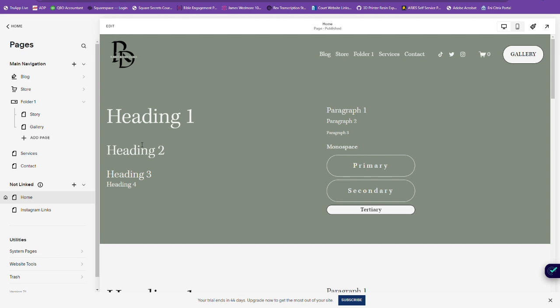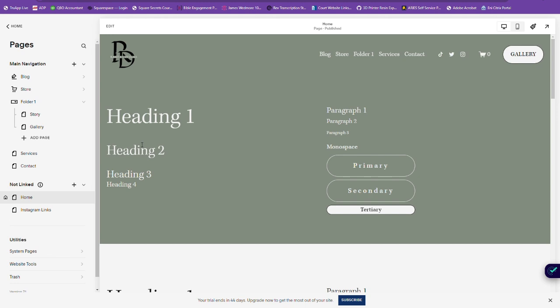Today, we're talking about creating a drop-down accordion section in Squarespace. So an example would be something like an FAQ section or something like that where you want it to fold and unfold. Okay, so first you're going to go to whatever page that you want your drop-down to be